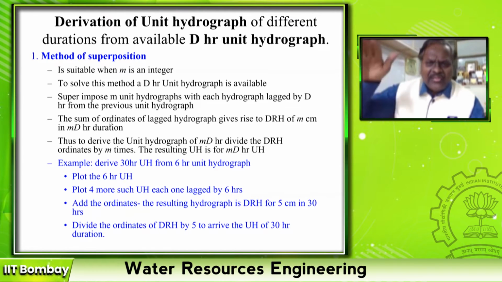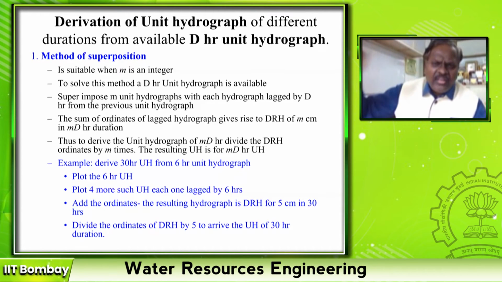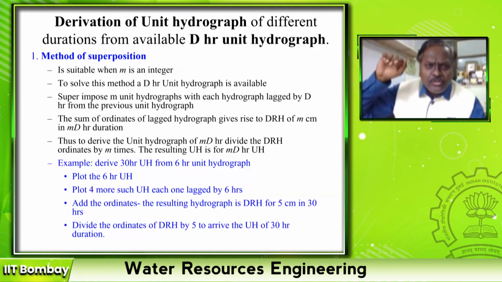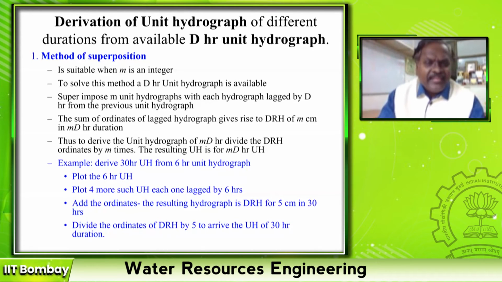Then you add all the ordinates. So the ordinates of direct runoff are due to M centimeters in MD hours, because you have added M times. Then to derive the unit hydrograph for MD hours, you divide all ordinates by M